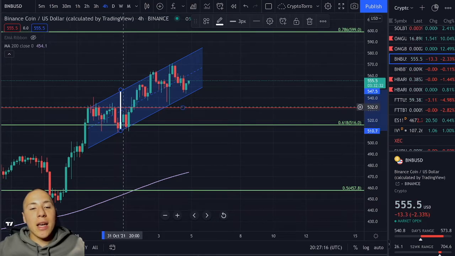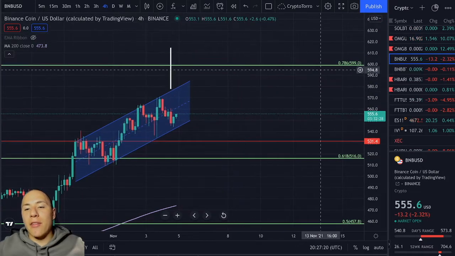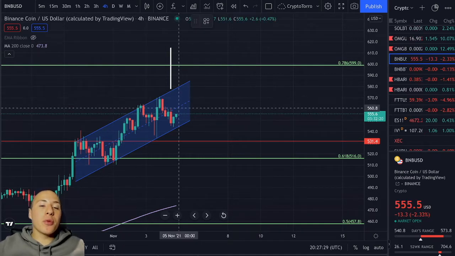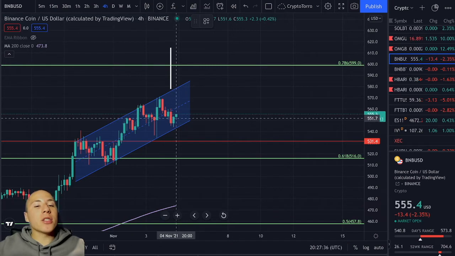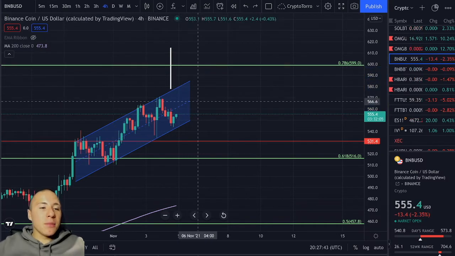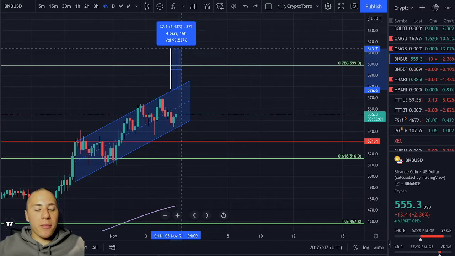So if we're going to see a breakout occur above, we are heading towards the 0.786 Fibonacci at $599, something I think would be absolutely great, but we will perhaps create an even bigger bearish divergence on the RSI, and therefore we could see afterwards a major decline in price action or even a rejection when we are heading towards this area. So this move is going to be a move of approximately, let's take a look, 6.5% if we're going